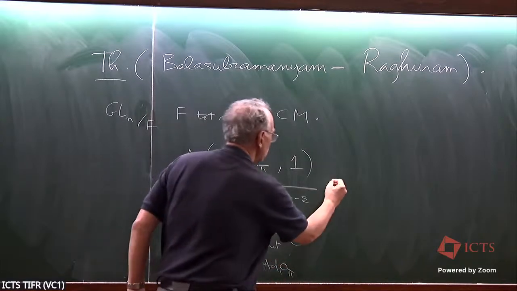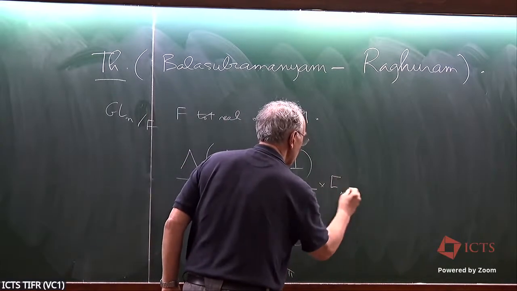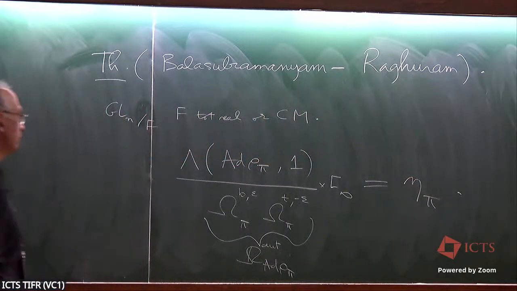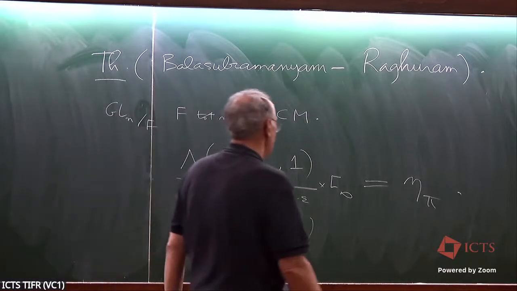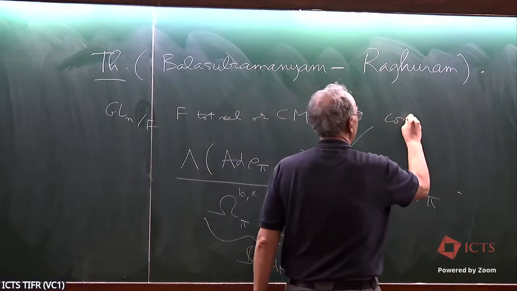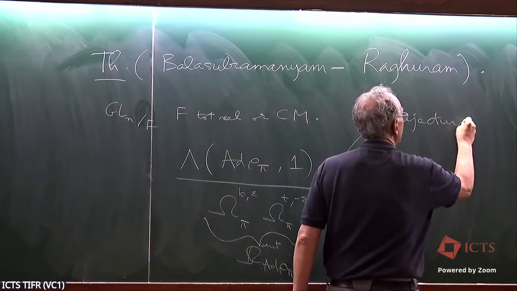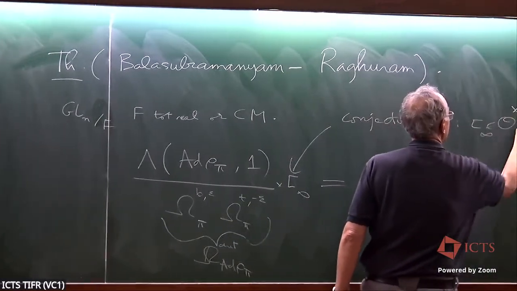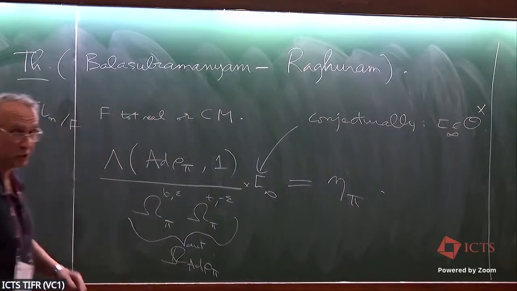But there is a factor here, C infinity, equal to eta pi. And this factor is conjectured to be a p-adic unit. Conjecturally,